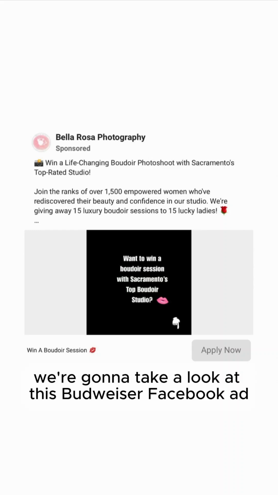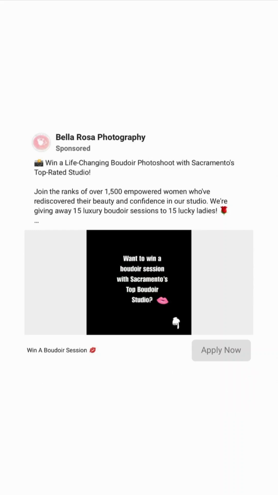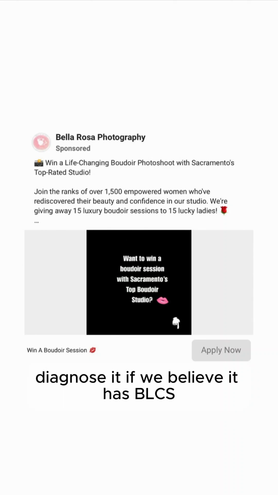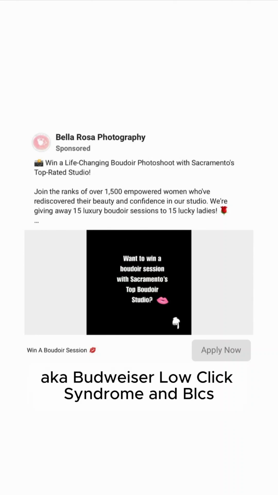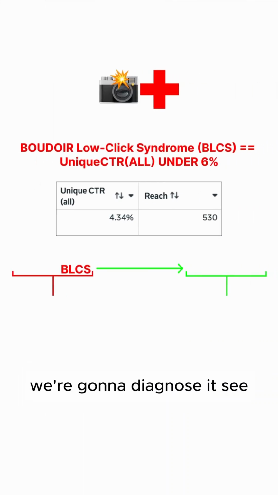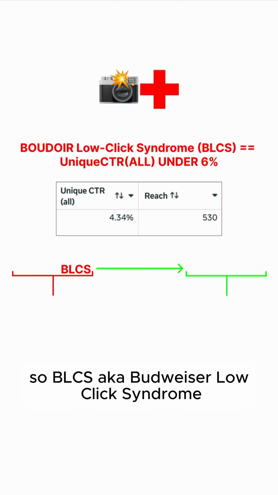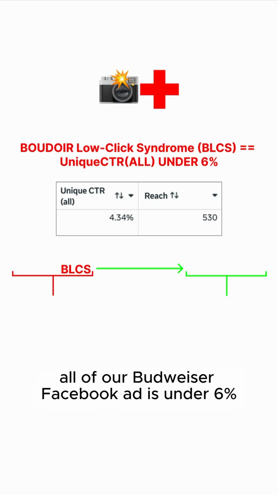All right, y'all, we're going to take a look at this Boudoir Facebook ad. Diagnose it if we believe it has BLCS, aka Boudoir low click syndrome. We're going to diagnose it, see what our thoughts are. So, BLCS, aka Boudoir low click syndrome, is when the unique CTR of our Boudoir Facebook ad is under